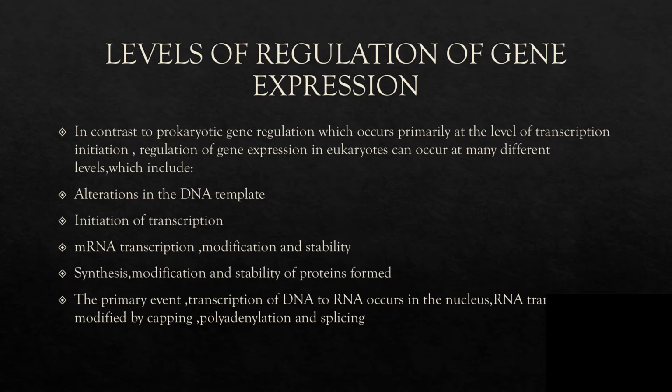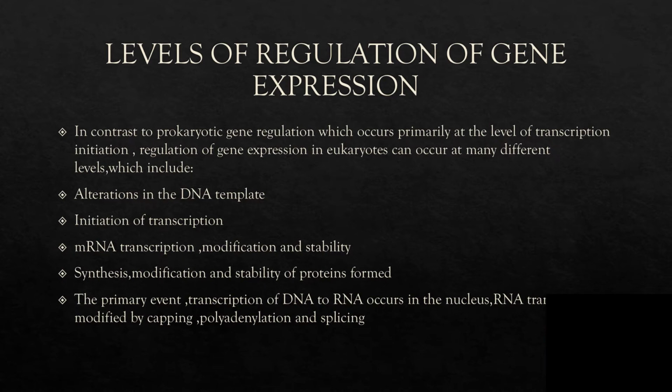It can include mRNA transcription, modification and stability, and the synthesis, modifications, and stability of the proteins which are formed. All the primary events, the transcription of DNA to RNA, occur in the nucleus, and the RNA transcripts are modified by capping, polyadenylation, and splicing. All these are post-transcriptional modifications,